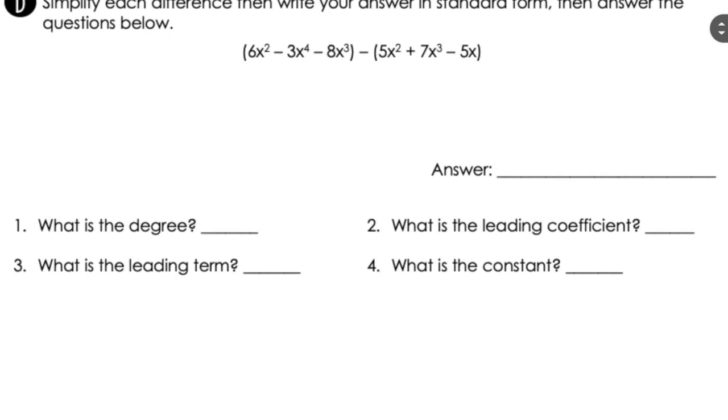The subtraction sign only applies to everything in the second set of parentheses. Since there is no number in front of the first set of parentheses, those parentheses don't actually matter. They don't affect anything. So I'm going to rewrite everything inside the first set of parentheses over so we can get that out of the way. So 6x squared minus 3x to the fourth power minus 8x to the third power, and let's get into the